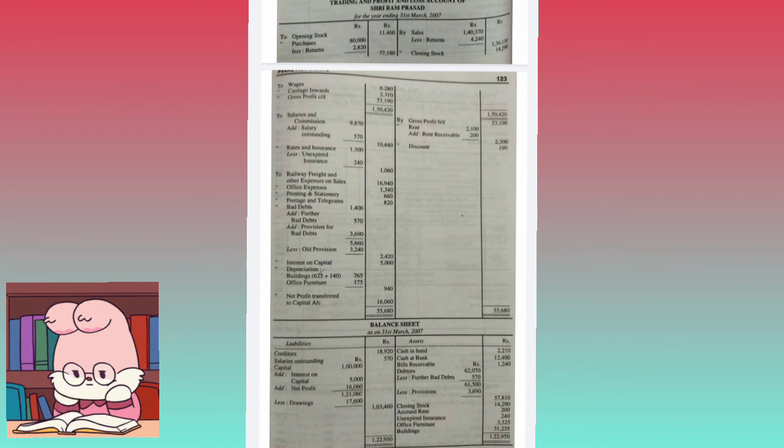Okay, so next is what all the adjustments we have done. All the adjustments also we have done. Once check. Okay, we have left with closing stock. So closing stock, take it on the credit side of the trading account and assets side of the balance sheet. Okay, now total all the columns and you will get the gross profit, net profit and net profit added to the capital. Therefore the assets will be equalized to the liabilities.